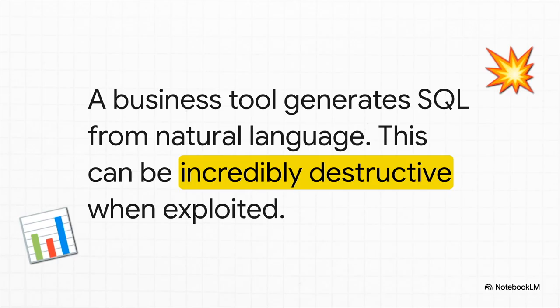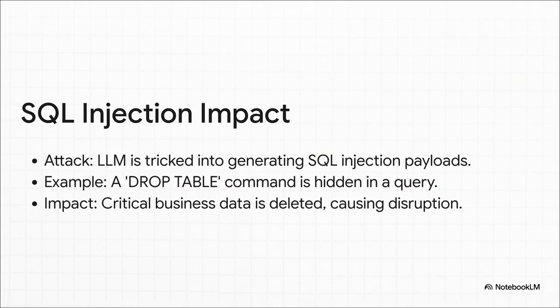Okay, if that first scenario caught your attention, this next one is, well, it's even worse. Picture this, a business intelligence tool. You can ask it questions in plain English, and an AI generates the database queries for you. Super convenient, right? But what's absolutely terrifying is how simple the attack is. A malicious user asks what looks like a normal question, but they phrase it in just the right way to trick the LLM. It generates a SQL query, but with a DROP TABLE command hidden inside. The system, because it trusts the AI, just runs the query. And boom, just like that, your critical data is gone. Wiped out, all of it.